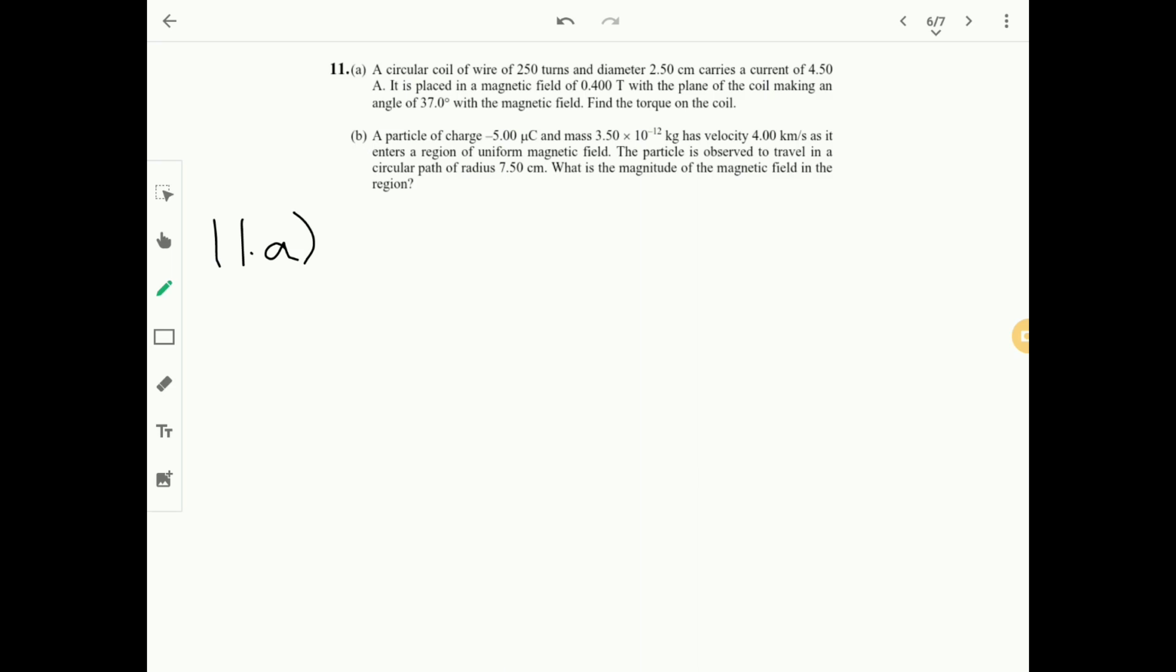We have a circular coil of 250 turns and diameter 2.5 centimeters carrying a current of 4.5 amperes. It is placed in a magnetic field of 0.4 Tesla with the plane of the coil making an angle of 37 degrees with the magnetic field. Find the torque. We're always repeating ourselves, we had a simpler question very similar to this. So it's torque equals NIAB